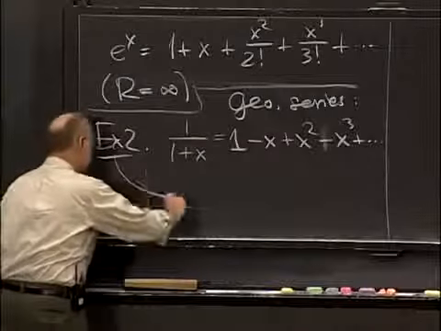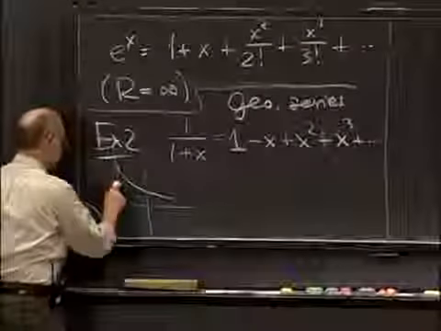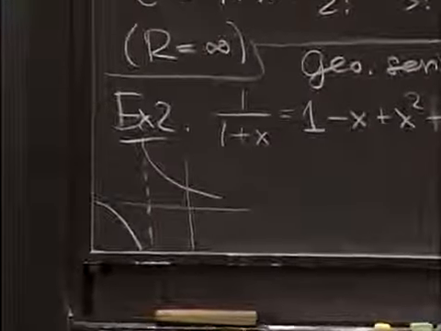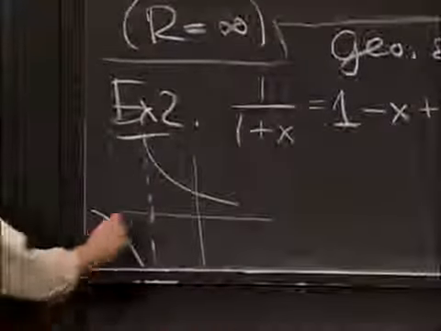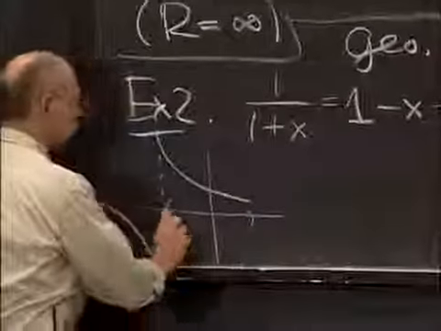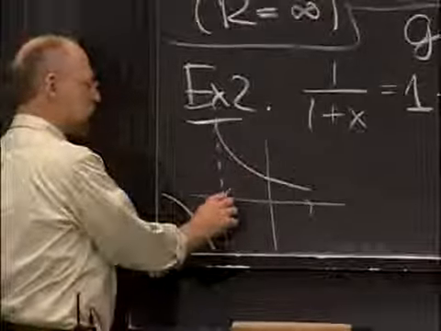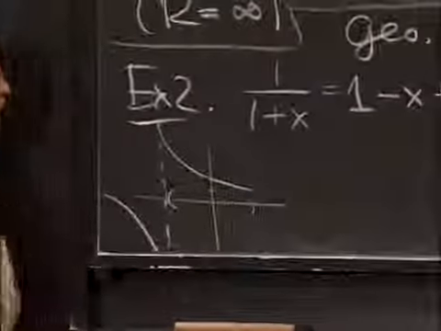So the graph has a pole there. It goes up to infinity at x equals minus 1. And that's an indication that the radius of convergence is not infinity. Because if you try to converge to this infinite number by putting in x equals minus 1 here, you'll have